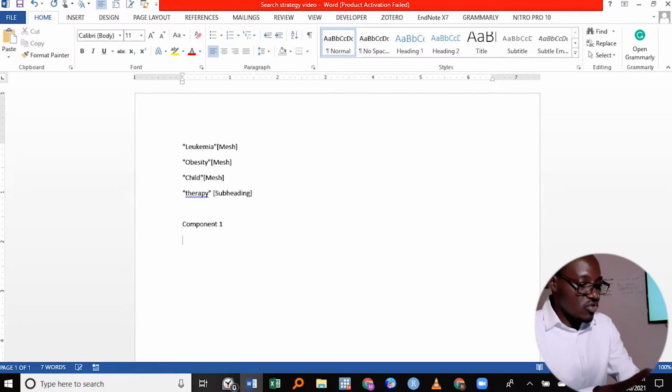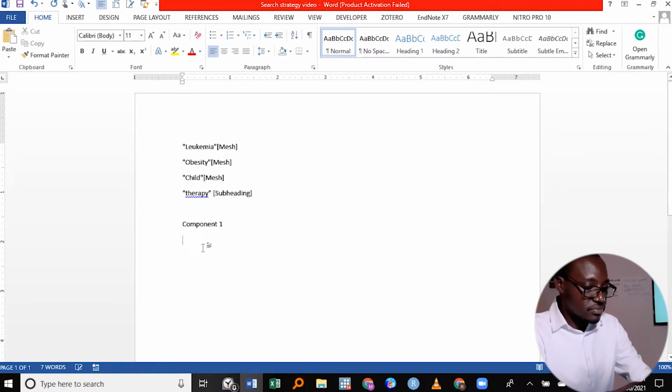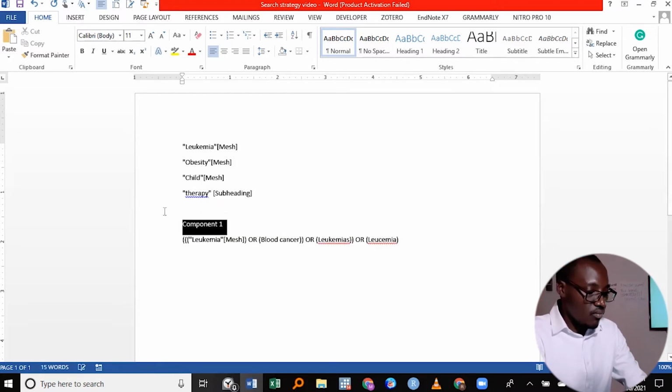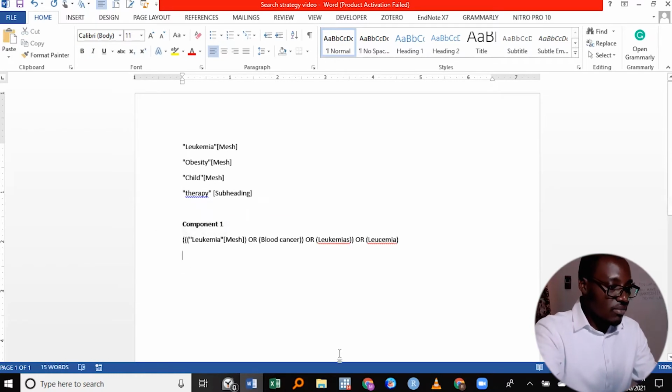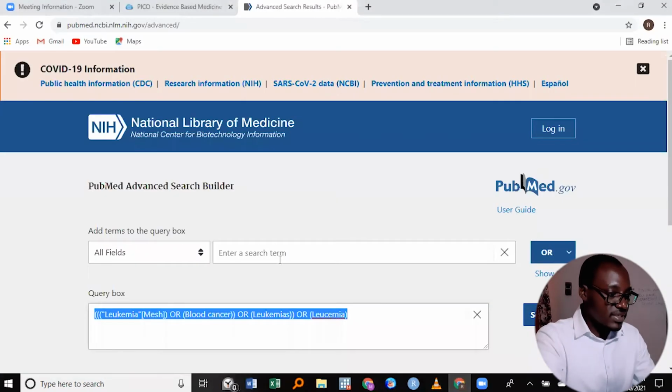So I'm going to call this component 1, and I'm going to paste it. Okay,